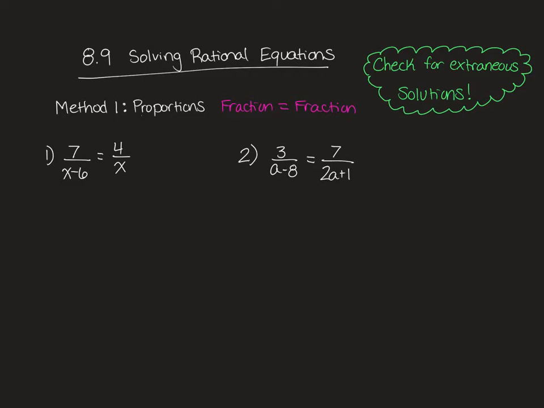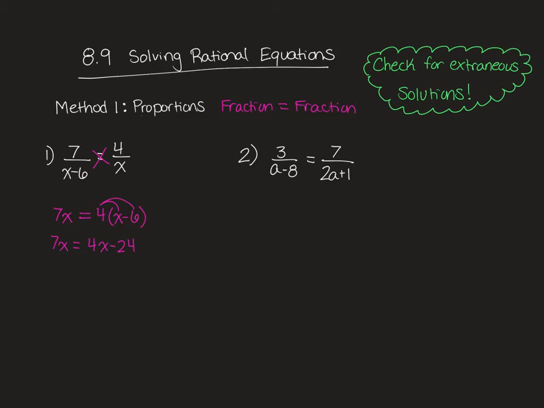So for example, I have 7 over x minus 6 is equal to 4 over x. So I have the fraction equal to the fraction. So once we have that, you can cross multiply. So you will have 7 times x, which is 7x, is equal to 4 times x minus 6. You can distribute the 4, so you get 7x is equal to 4x minus 24, and then just start solving